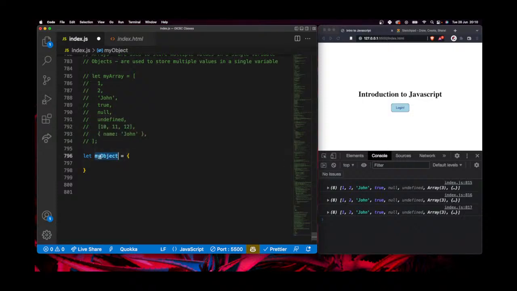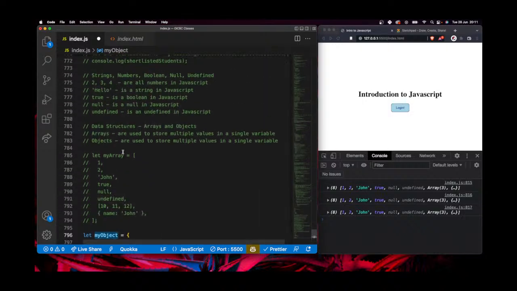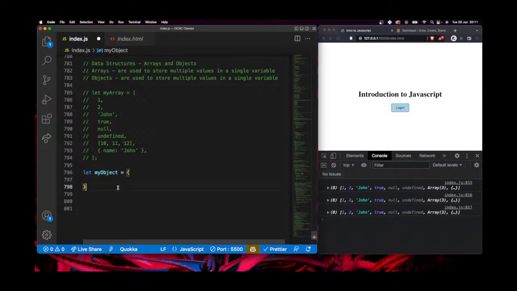So this is one object, and that object could be anything. It could be a car, it could be a user, it could be anything whatsoever. There's no limitation as to what you can create an object for, what kind of entity you can create an object for. So you can create it for virtually anything. What I mean by it is a collection of property value pairs, inside of the curly braces, you just have properties and values